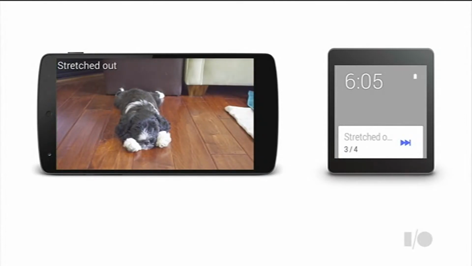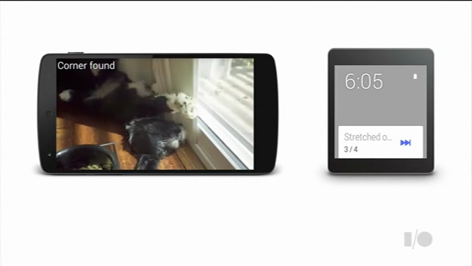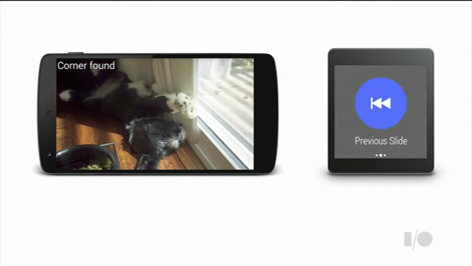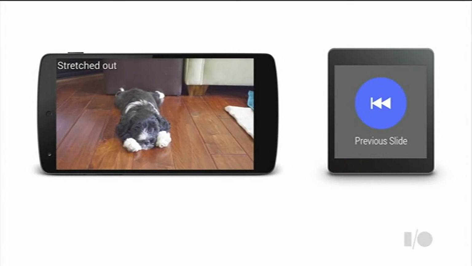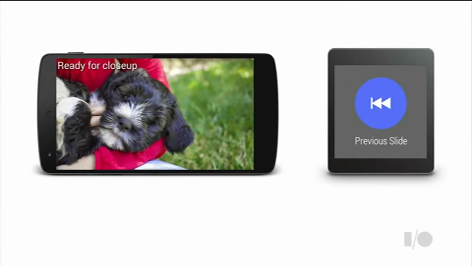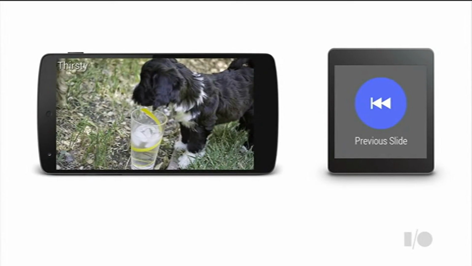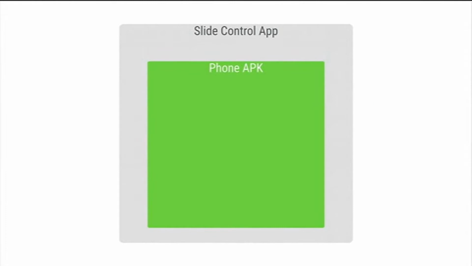When we start on this slideshow, we can post a notification to the stream on the right here. As you scroll through the view pager on the left, we're updating in real time on the right the title of the slide as well as the number of the slide. We also have an action that allows you to go backwards. Tapping on that first piece also allows you to advance the slides on the phone. So we're using it as a remote control, and we're using all of these new APIs to provide a seamless experience across both devices.